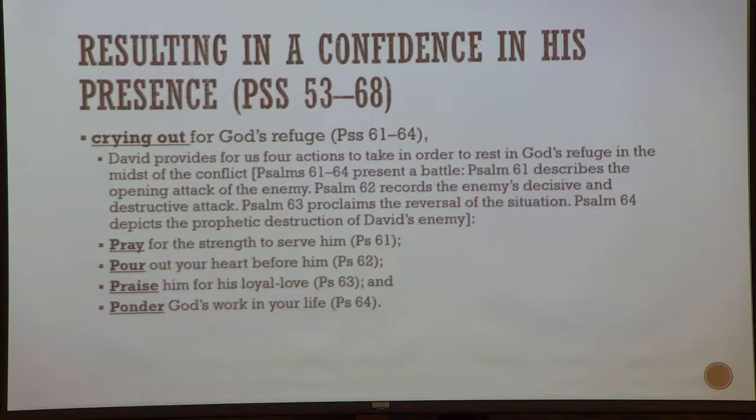62, pouring out our heart before him. Again, one of those just good examples of open and unafraid prayer and trust in the Lord. 63, praising him for his loyal love, that emphasis on his hesed there again. And 64, pondering God's work in your life. And so 61 through 64 seem to, if you read them together, describe this battle, which then appropriately leads into